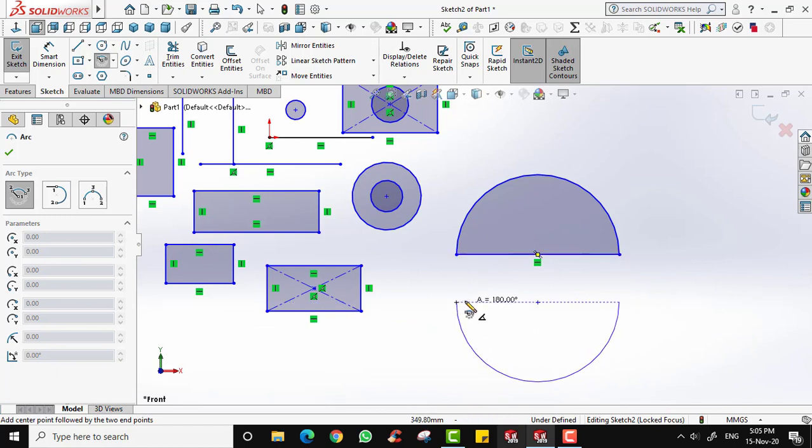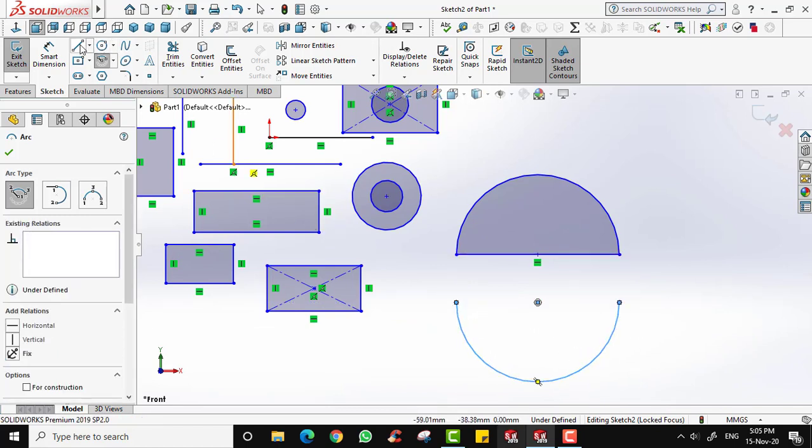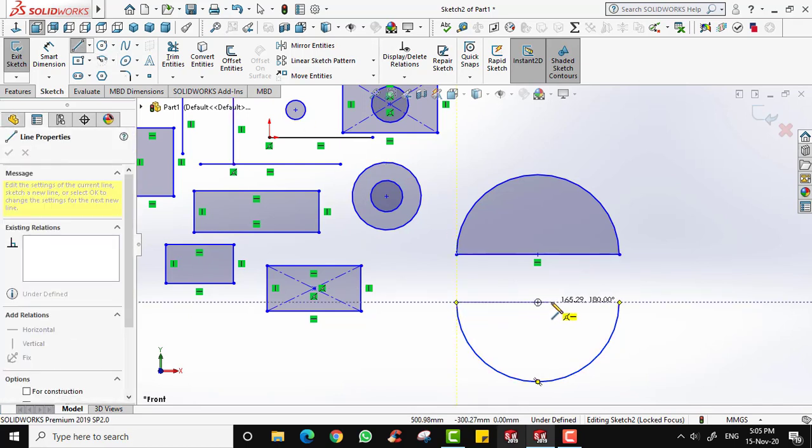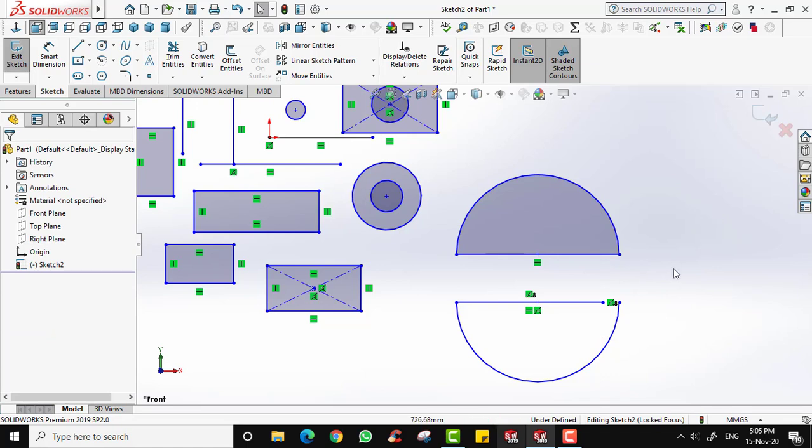Choose the straight line, but this time I am not going to connect the point. Press escape to disconnect this line. As you can see over here, you can see the difference between this semicircle